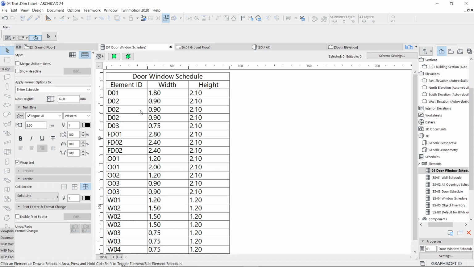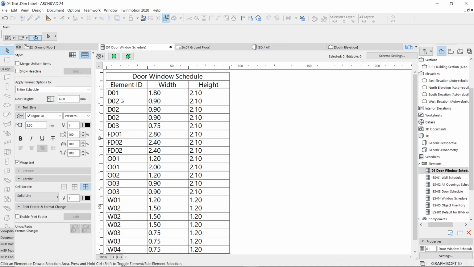So once you have achieved how to generate the door window schedule on an automatic basis, now let's see how we can further fine tune this. Say for example, if you check out the D02 in my case, it is the same door inserted three times, so it's listing that again individually. The same thing may be applicable for windows, openings or folding doors.